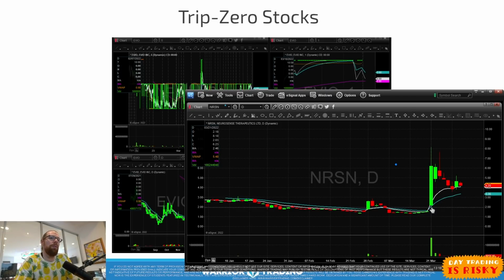These have so much more volume that they're liquid. A lot of these triple zero, sub-zero stocks are illiquid. You really can't get in or out with large amounts of money. But what is interesting, in 2015 or 16, let's see, I took a note. 2015, there was $240 billion of dollar volume in the OTC markets. 2021, it had gone up from 240 to over 700 billion, up almost 3 times. So the dollar volume has definitely increased in the OTC market, but compared to NYSE and NASDAQ,